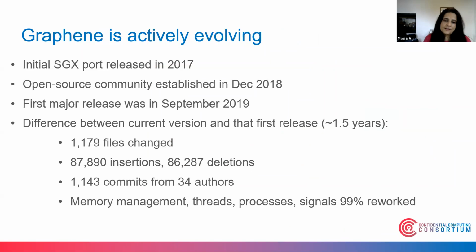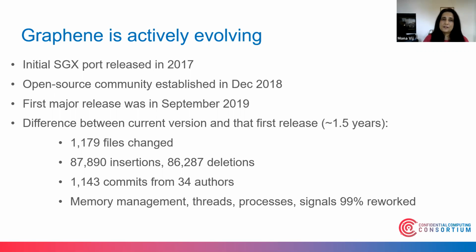So yeah, just getting close to wrapping this up. As we said earlier, Graphene is very actively evolving. The initial SGX port was open sourced in 2017, but the community really formed in December 2019, when Golem and ITL joined hands with us. And that's when we put together this project governance structure, and since then we've been growing very actively